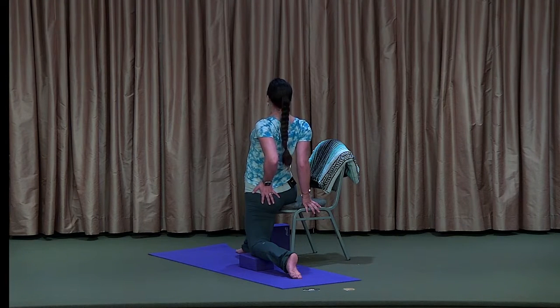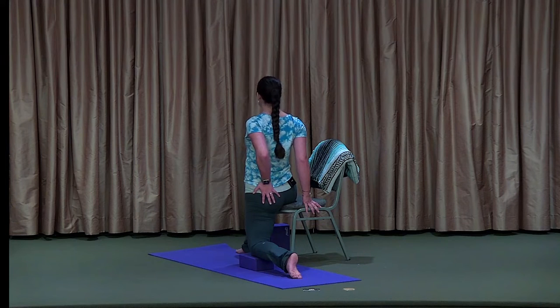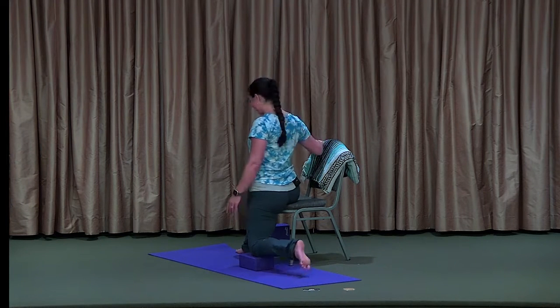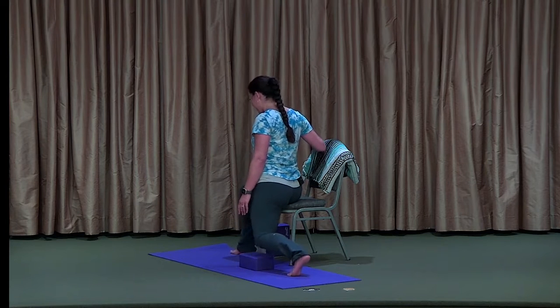But so wonderful for the spine. Back bending is very healthy for pretty much any and all spinal conditions. And slowly release that back bend. Now go ahead and release yourself out of that